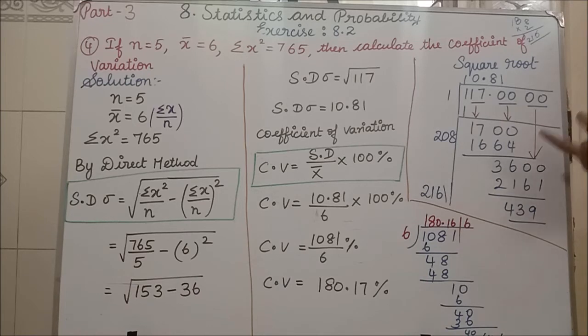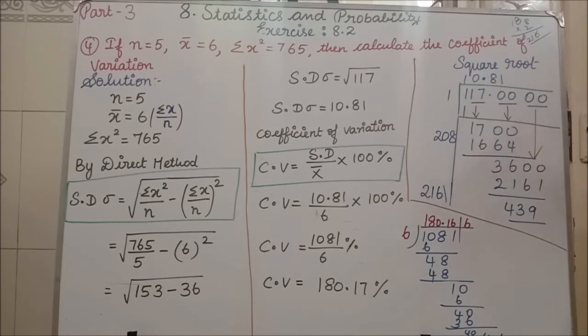Because I am having 3600, suppose if I am writing 2, then here also I have to write 2. If I write 2, it will go near to 4000 something. So, we need only 3600 around. So, I am writing 1 time, it is enough. So, 1 into 2161 is 2161. You no need to subtract.